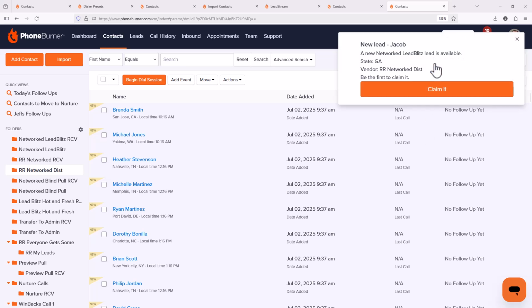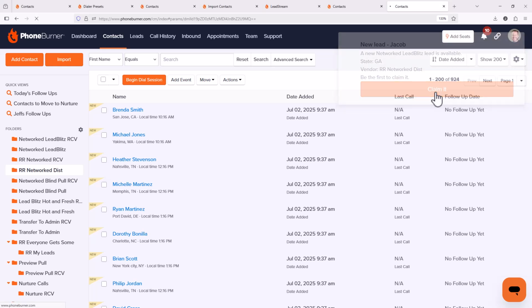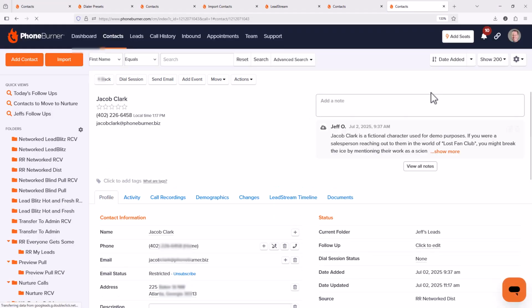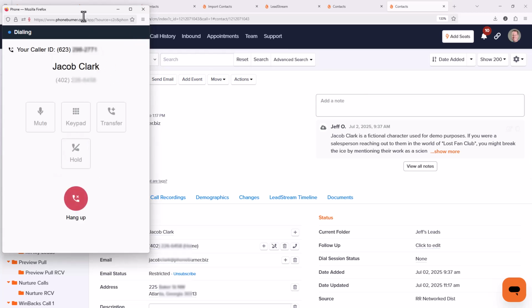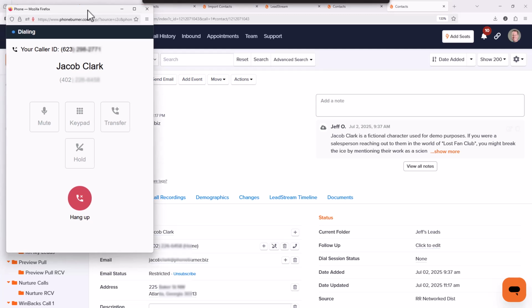So everybody would be getting notified at the same time, and whoever claims it would take that lead out of the lead stream, and that notification would disappear for all other users. Let's go ahead and allow. And by default, the system is going to call that contact right away. If they connect,